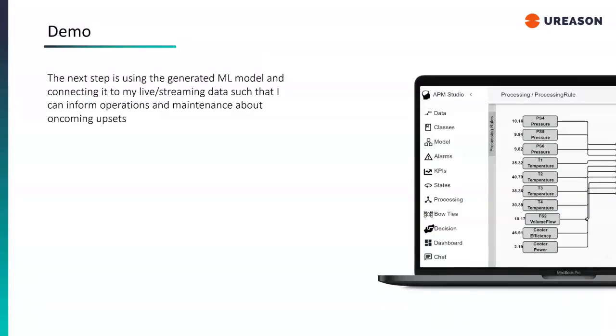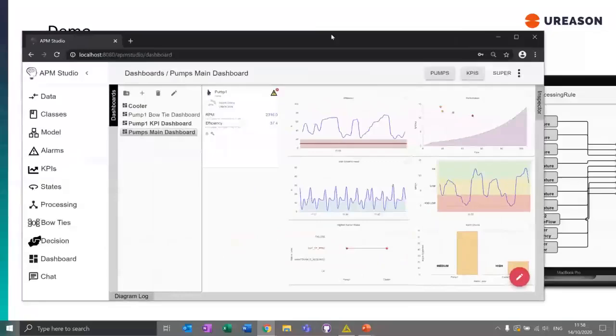I've trained the model, validated the model on data that it had not seen. And the next thing now is that I would like to link it to a model inside APM such that I can inform operations and maintenance on the upcoming upsets of the cooler condition in this case. So I'm moving in here,